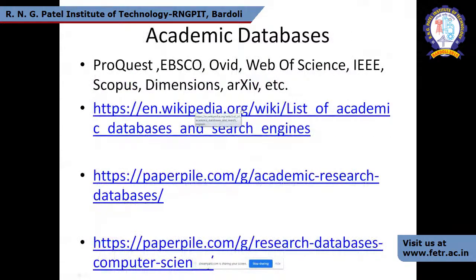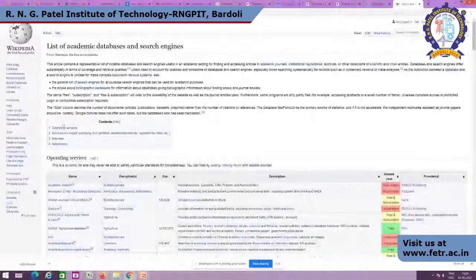Then if it is not sufficient, or if we think we need to go in deep again, and I do not find many relevant articles, then I can go with the academic databases. There are many academic databases based on the domain. The academic databases can be used: ProQuest, EBSCO, Ovid, Web of Science, IEEE, Scopus, Dimensions, arXiv, etc. If you see this wiki page, you will find the list of academic databases and search